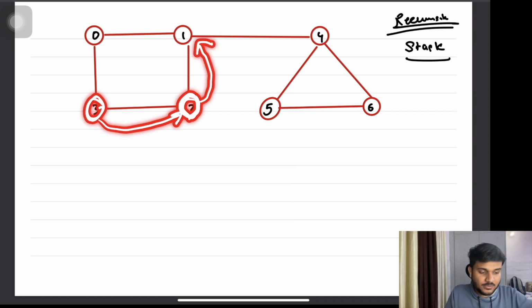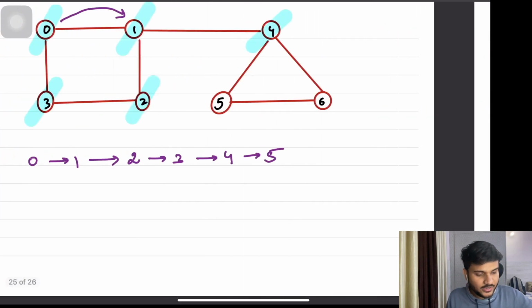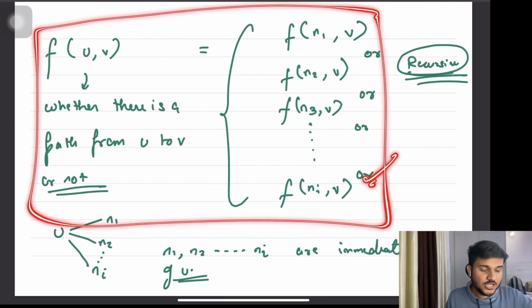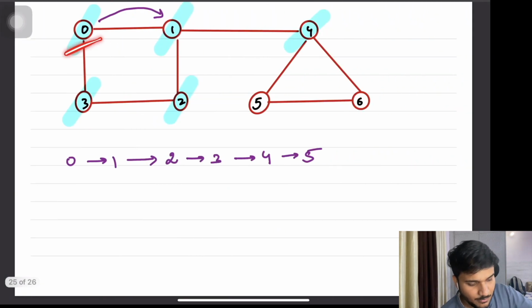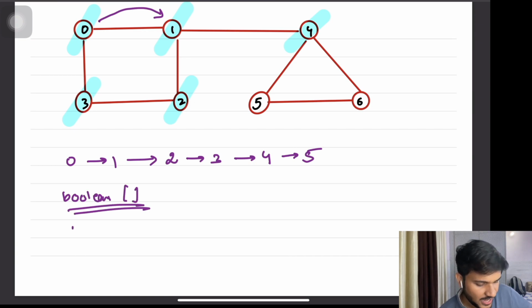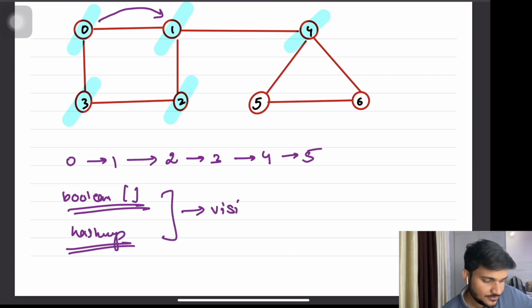Some states from this state can be left to be visited, and then we come back to 1. So we want to get our just previous state. And whenever you get a question of just previous state, the best thing to get the answer from is the stack. And here you can see I have written a recursive relation. The only thing you need to do is, as soon as you visit a node, mark it as visited. To mark it visited, you can use a Boolean array or maybe a hash map, anything that you feel can be used for the visited mechanism.